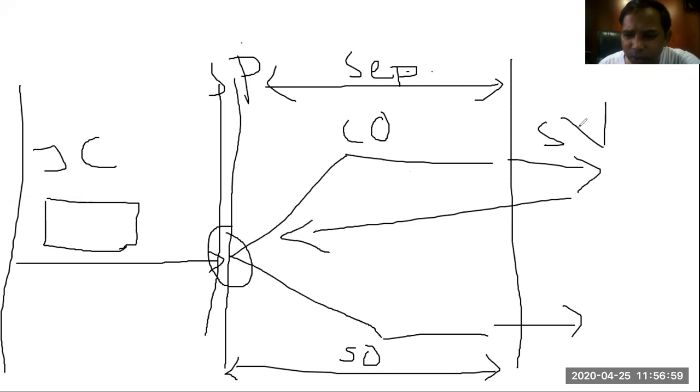Sales value minus separable cost will give us net realized value, and we need to calculate the weightage of net realized value, and according to that weightage we'll distribute this joint cost. I hope the diagram is very much clear to all of you. If you see this diagram, you will be able to find out, yes, it is given.